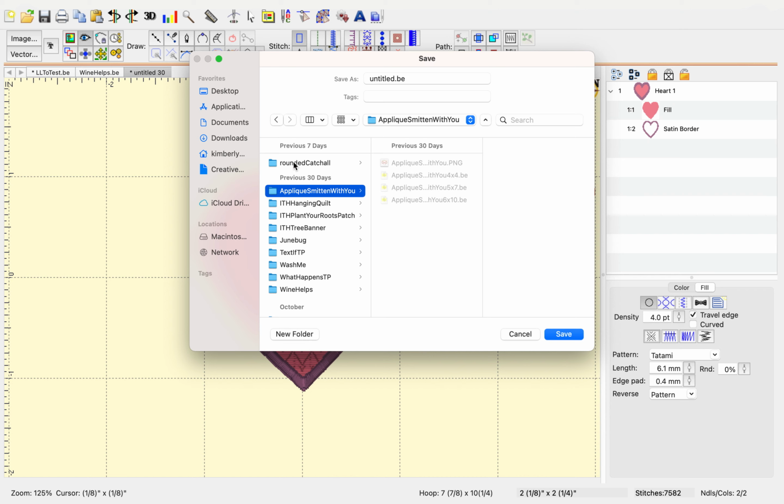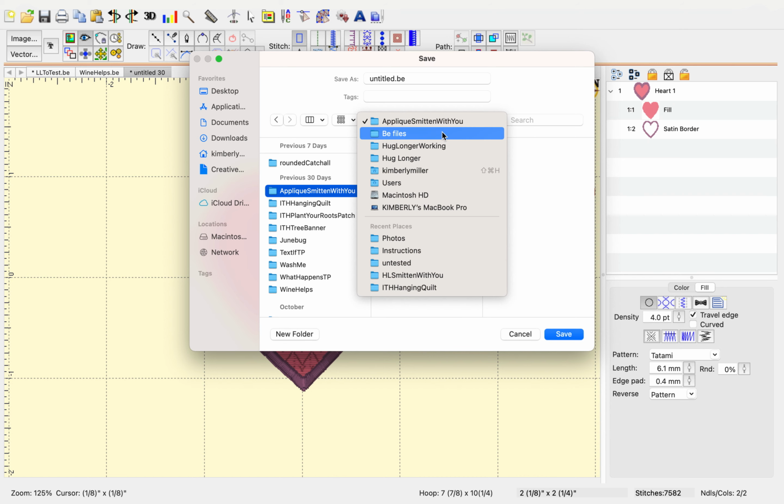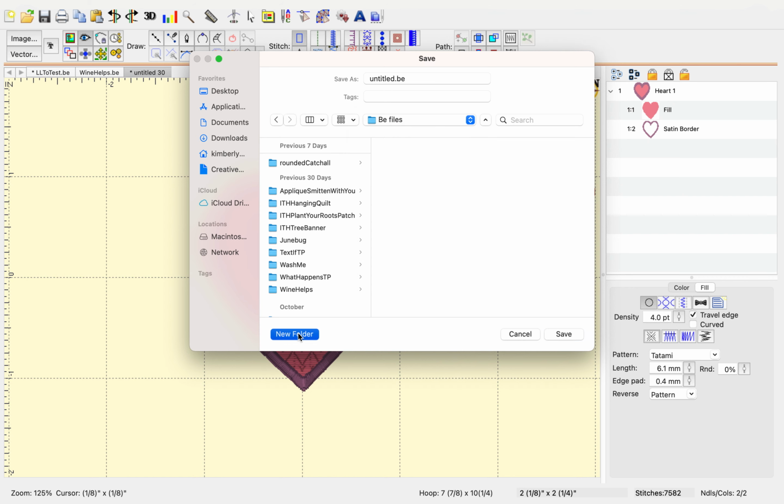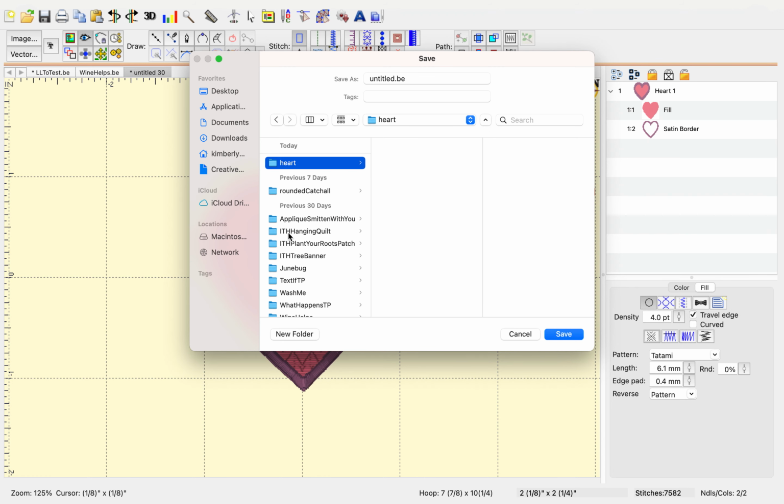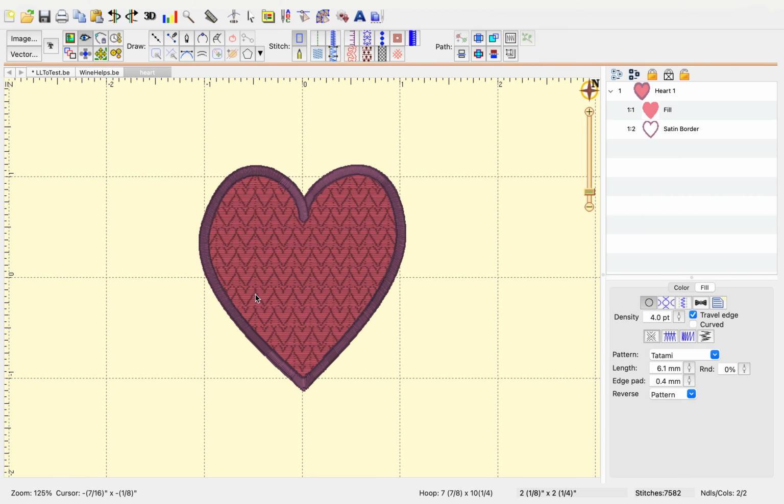So I would just go within my BE files, and I would create a new folder, and then I would, let's just call it the heart, because I'm not going to keep this, and then call it the heart. Good. So now this is saved in my file, and every other time I decide to do some work on